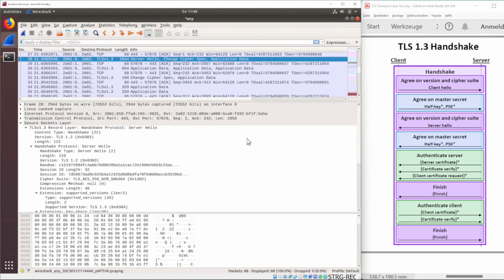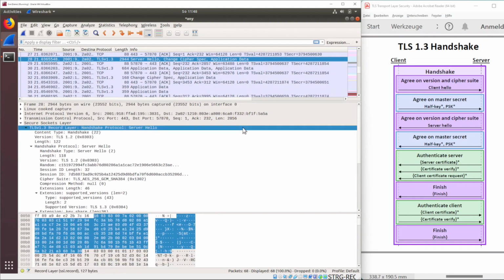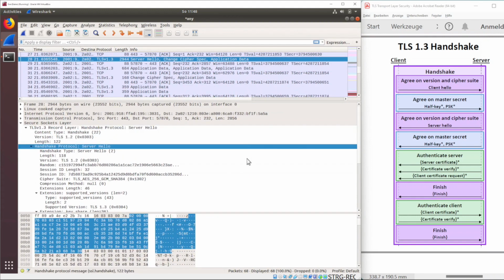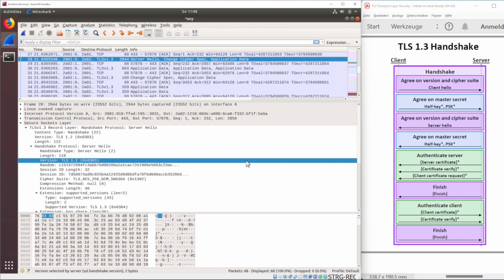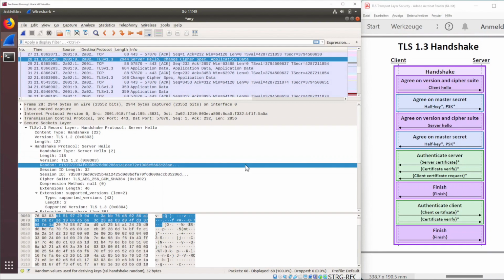Drilling into the server hello message, we can see that we still have a TLS version of 1.2 indicated, even though all of this is within a TLS 1.3 handshake. The reason this version was kept at 1.2 is again for interoperability of the TLS 1.3 handshake in environments mostly supporting TLS 1.2. Going ahead, in this server hello message, we will find the server 32-byte random value, and